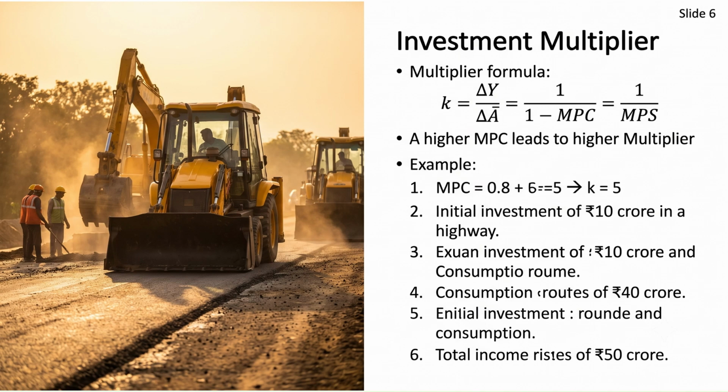Now that money becomes the income of someone else. So here comes round 3. Local shopkeepers and school owners now have 8 crores in income and they spend 80% of it, approximately 6.5 crore rupees, back into the market, and again it becomes the income of someone else. When you add up every single round of spending, that initial 10 crore rupees road project creates a massive 50 crore of total income for the nation. Isn't it great? The multiplier is certainly a blessing of God.